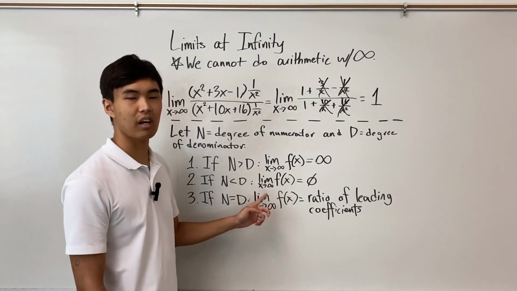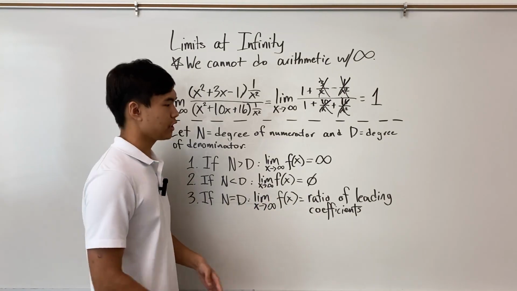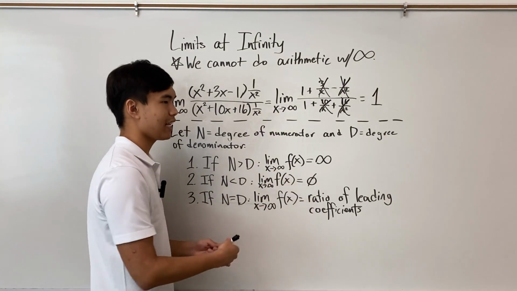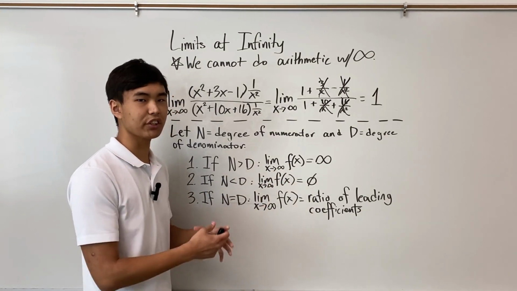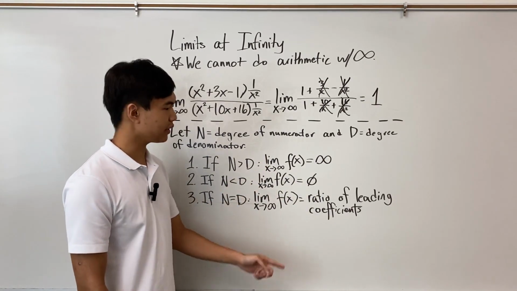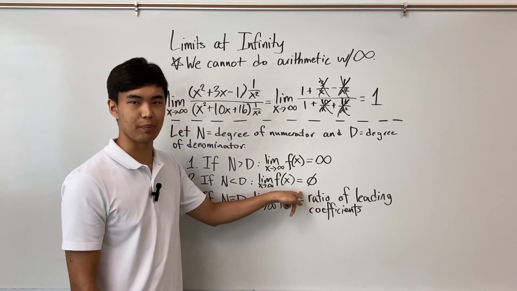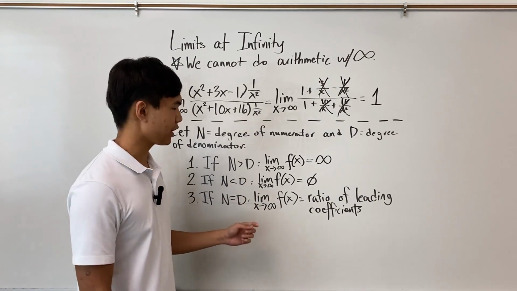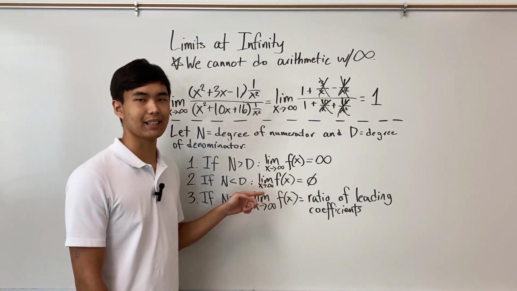Reversely, if the degree of the numerator is less than the degree of the denominator, then the limit as x goes to infinity of the rational function is just 0. So just like the first case tells us that the gap between the numerator and the denominator increases as x goes to infinity, this tells us that the denominator is bigger. If what you're dividing by is bigger than what you're dividing, then that ratio has to go to 0 as